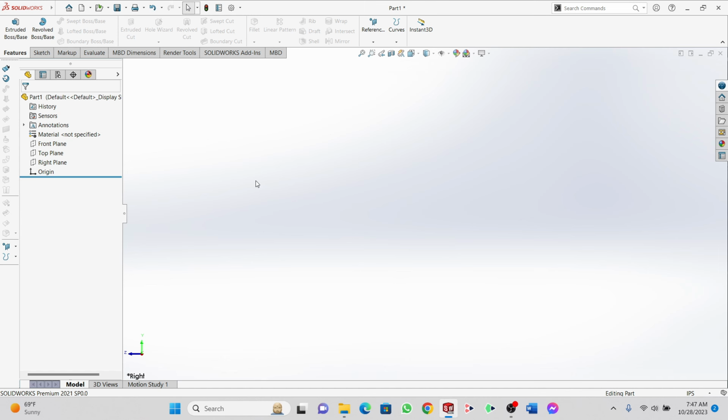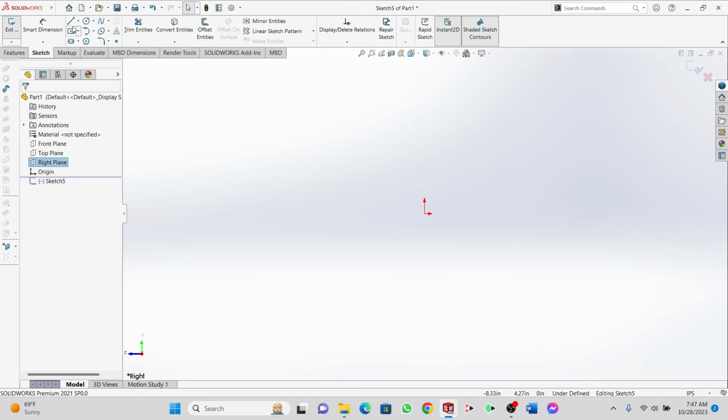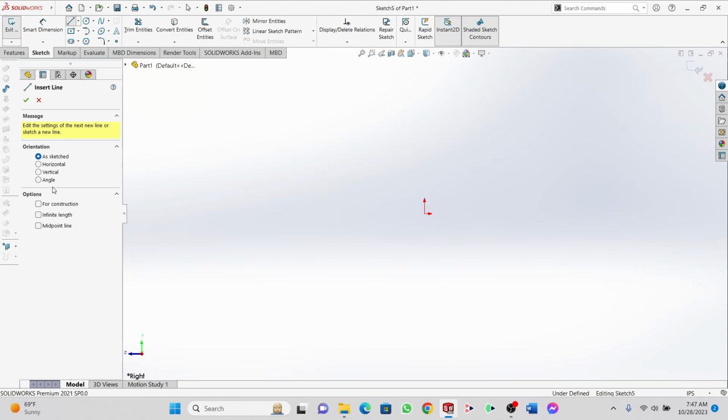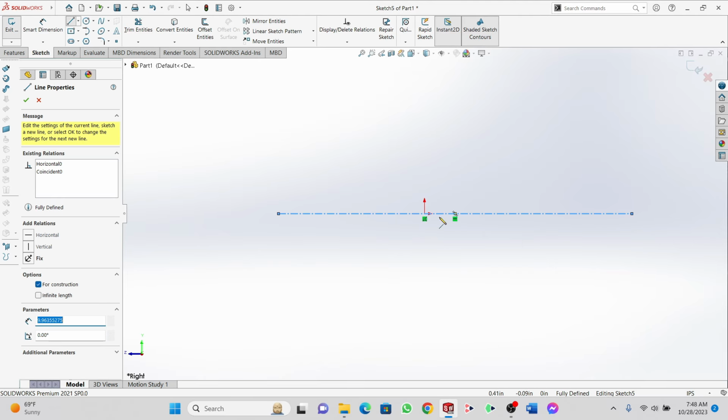So in today's video, we are going to learn how to make a twin-spool turbofan jet engine in SolidWorks. At first we'll make the nacelle part of the jet engine. So let's begin. Here at first we'll sketch on the right plane. Take a line. It will be for construction and draw like this. It will be horizontal